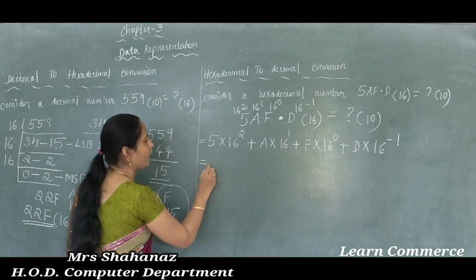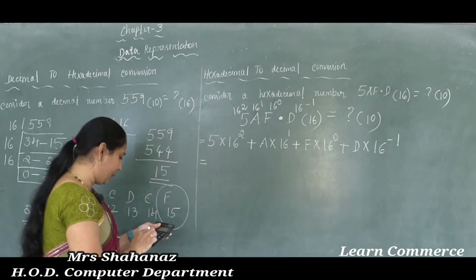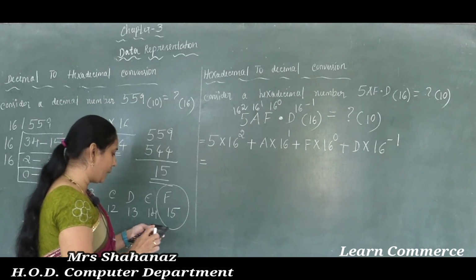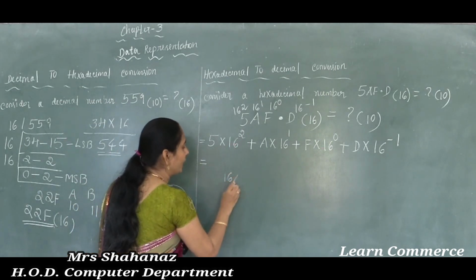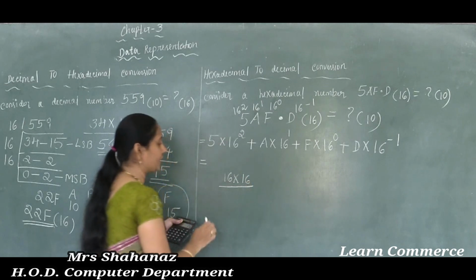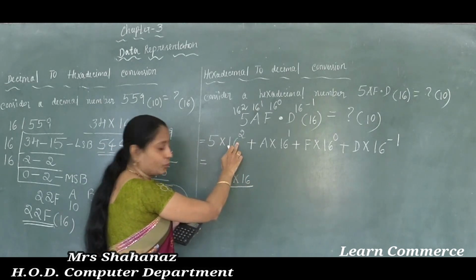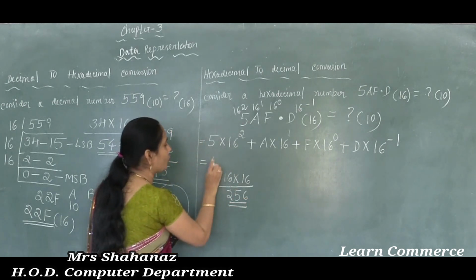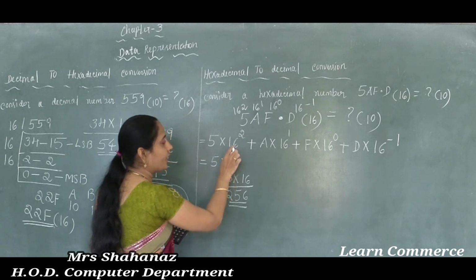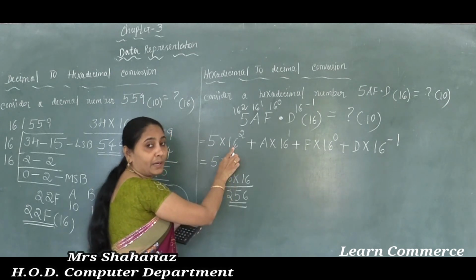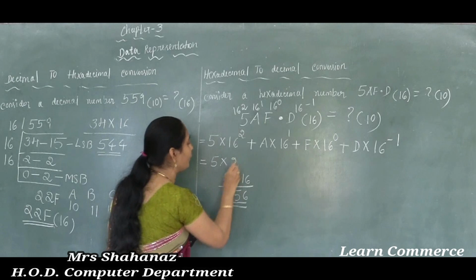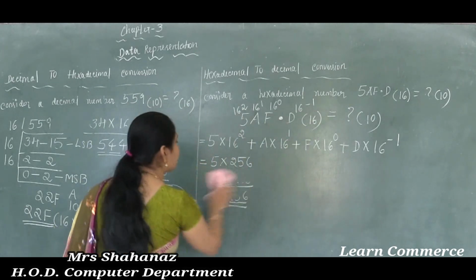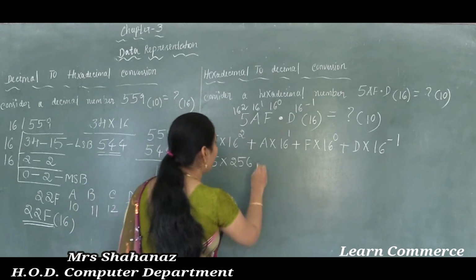16 to the power of 1 here, and next when you are multiplying 16 two times, clear this one? So we need to multiply 16 into 16 and the value we get is 256. So 5 as it is I am going to write, when you multiply two times here, the value 256.